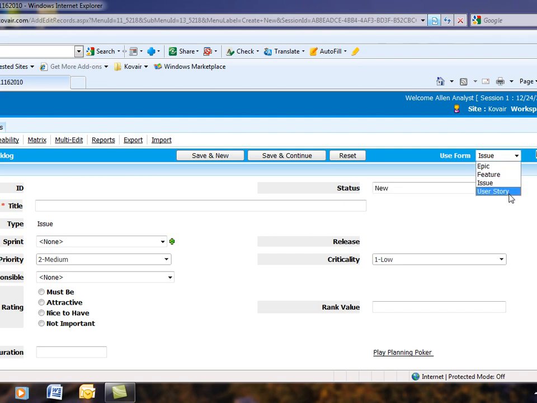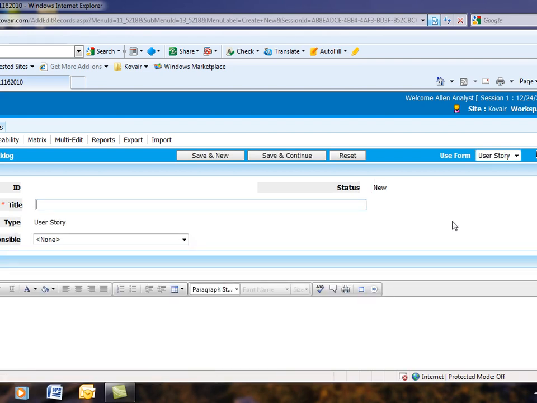So from this particular drop down we select user story as the particular form, and here